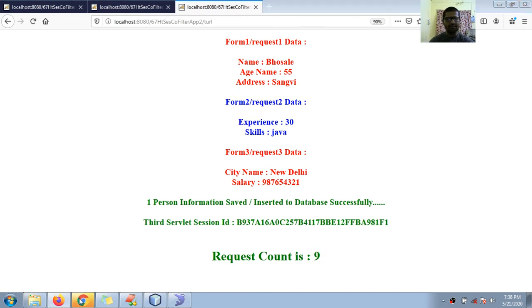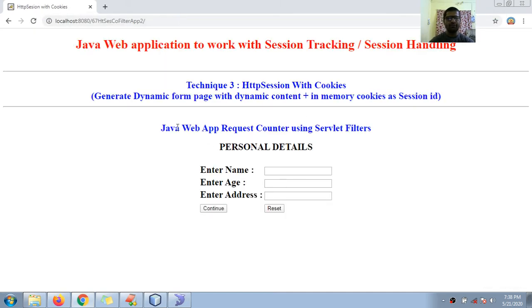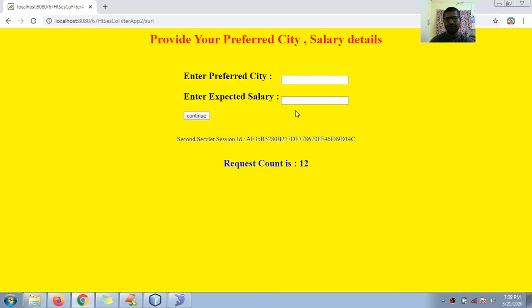I want to try the same app here. Okay, now here is the Java Web application request counter using servlet filters. So here I enter Patil, enter age 60, address Latur, continue, request counter is 11, and number of experience 30 years, on web services, continue, then request count is 12, then preferred city Kolkata.